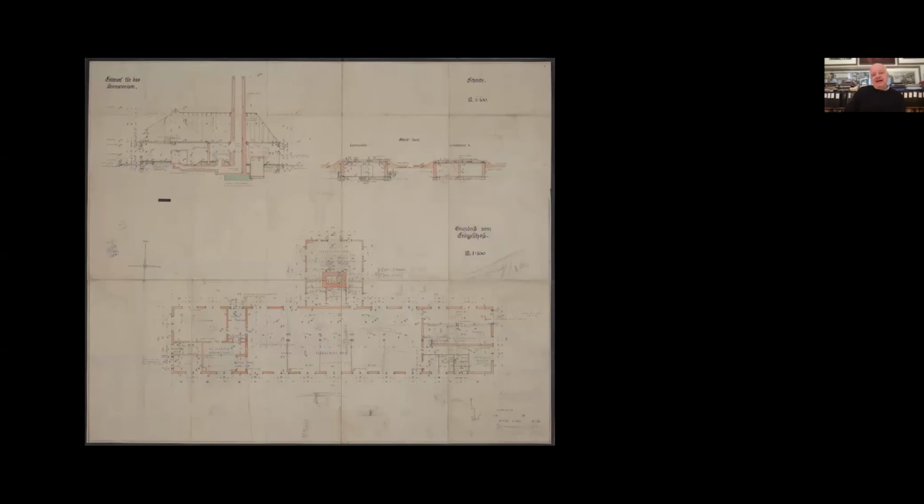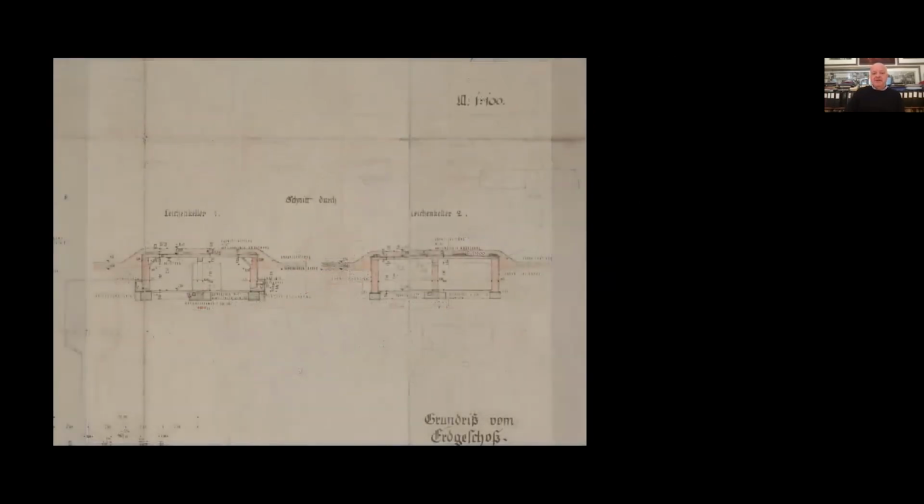So let's look now at a blueprint for Crematorium number 2. You see the plan with the central incineration room. You see the chimney there sitting in a kind of little appendix. You see the section to the top left, and you see how important the chimney is in there. But I'm going to focus on the two basement rooms, the semi-basements in the top right. The left one is morgue number 1, Leichenkeller number 1, and the right one is number 2. Number 2 becomes the undressing room. Number 1 becomes the gas chamber. And you see there already its relationship to the drawing by my student that I showed.